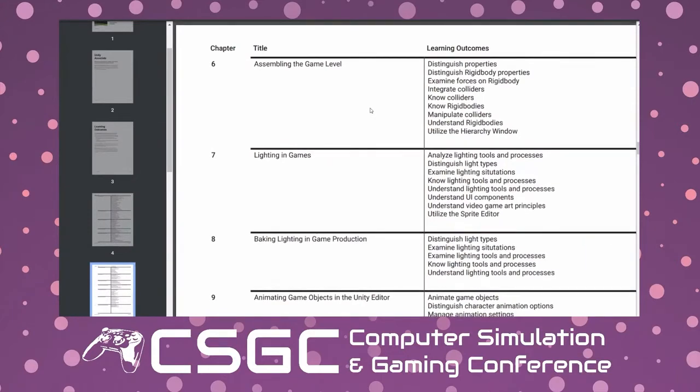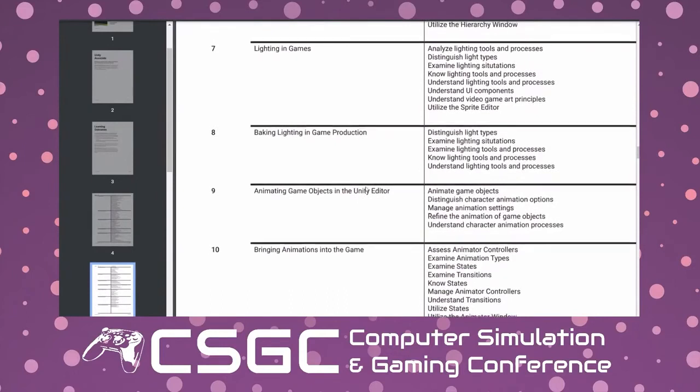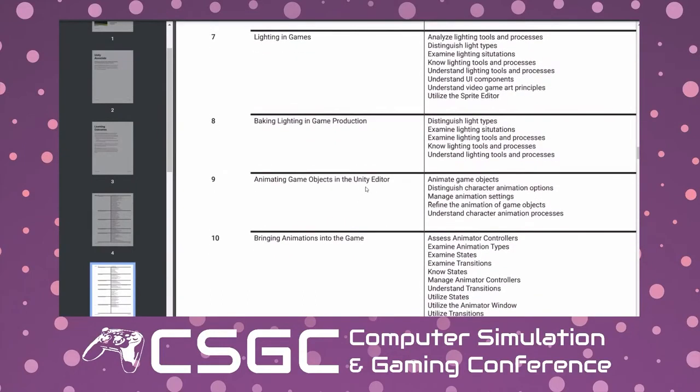Right here, number 7 is my favorite, lighting. So lighting is really important for your games because you want to create a mood. You want to make people feel that they're in the game. And lighting and sound are the two biggest things, in my opinion, that put the player there in the game world that you're creating. So lighting includes shadows and reflections and textures that might be glowing or pulsing,